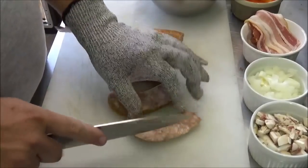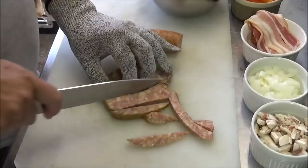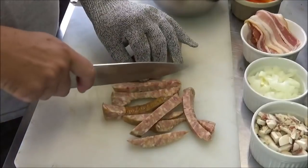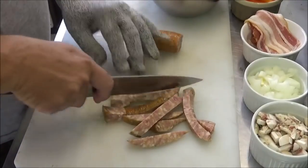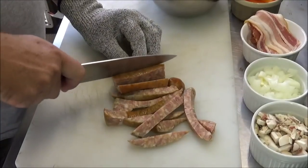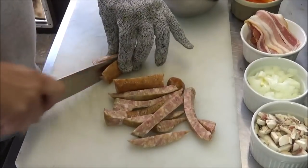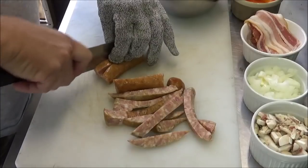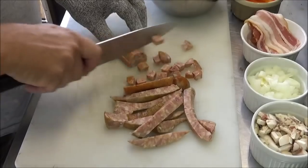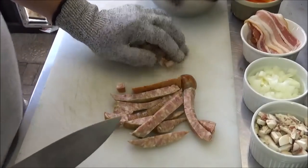lengthwise, and then back again. Doesn't have to be gorgeous. You're going to have little crooks in your sausage, but we want to get it down to reasonably small slices so that it cooks evenly with the rest of the dish. The straight ones are a lot easier. And that knife just glides through